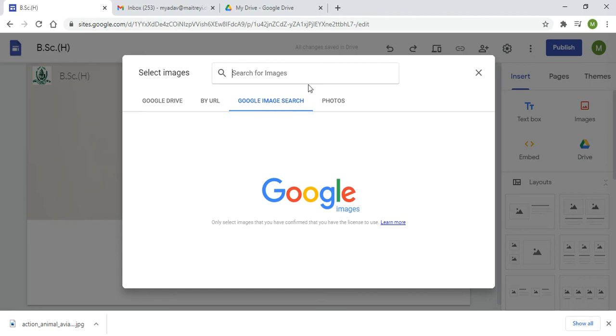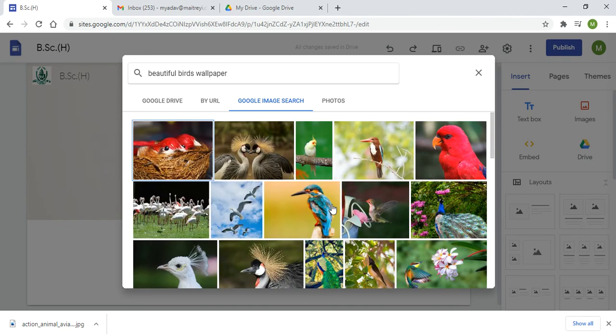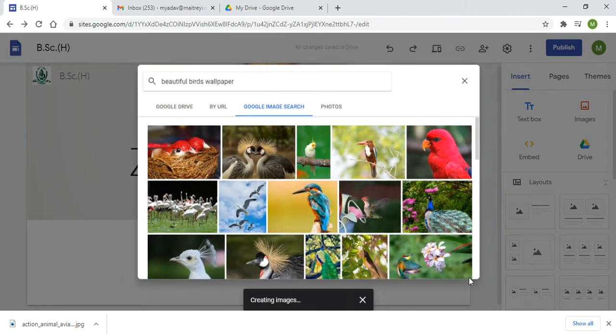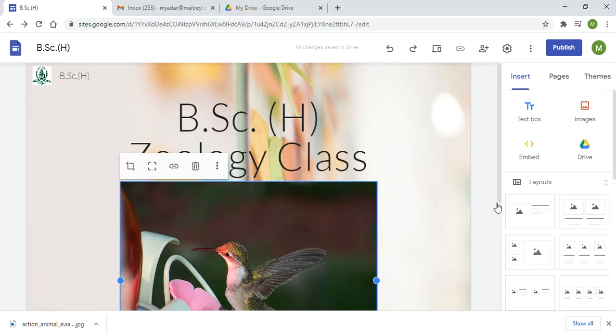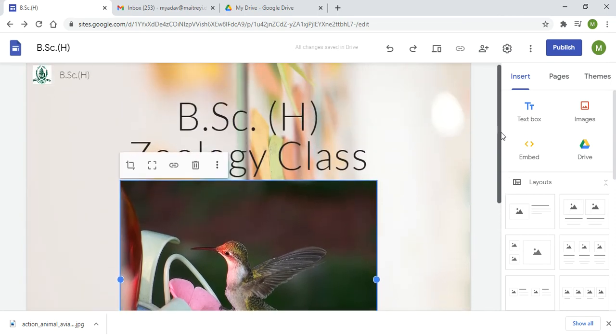So let us say I want to search for a beautiful bird. I want to keep it as an image. Let us say I'm selecting this image and I'll click on insert. So this image will be inserted here in the home page of your website.